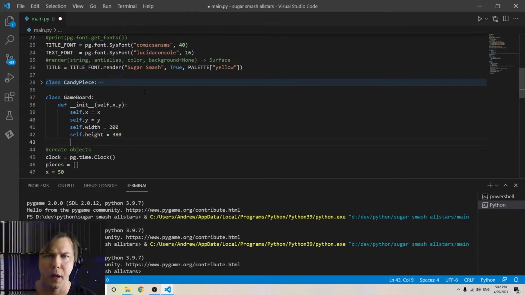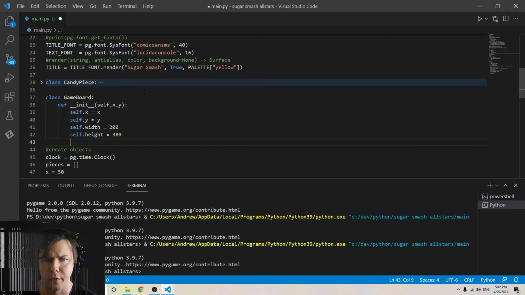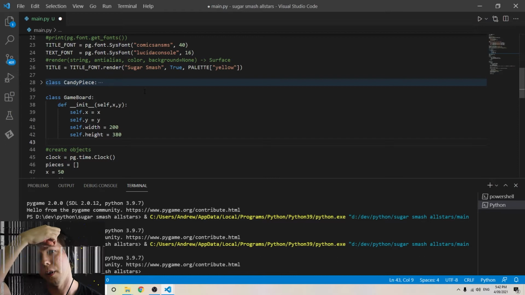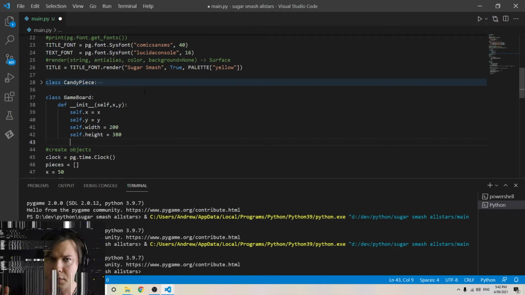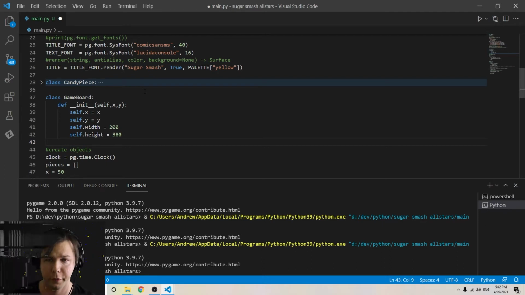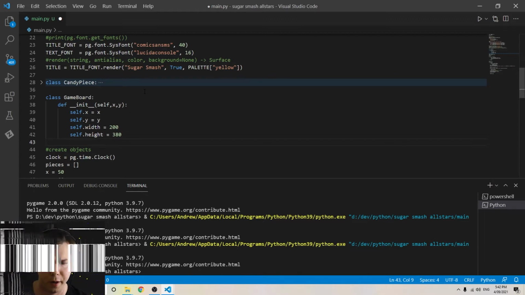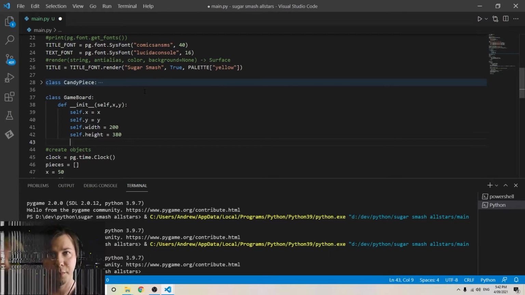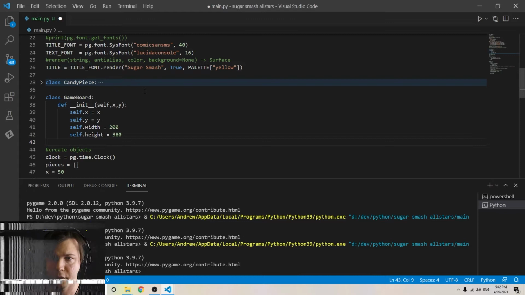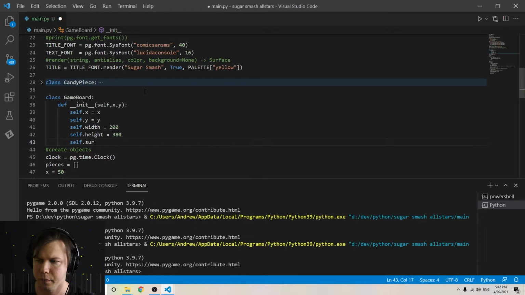Okay, now I am going to set up a few other variables. What I really want to do is treat the board as its own surface, because then I can draw the joules onto the board's surface and draw the board's surface onto the screen's surface. Let's try to set up a hierarchy. One benefit to this is if a joule is outside of bounds for the board, it just won't be drawn. So this is good. So we'll create a surface, call it